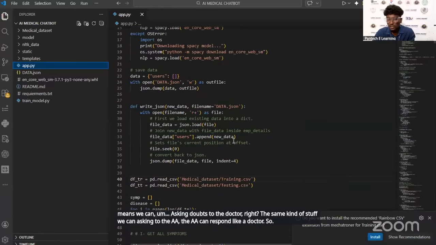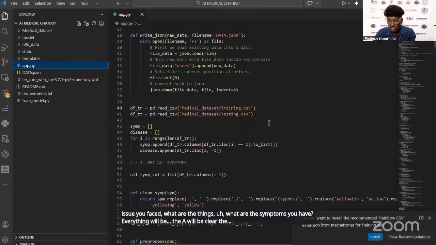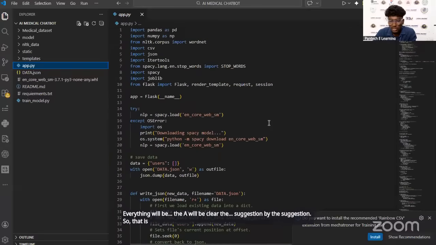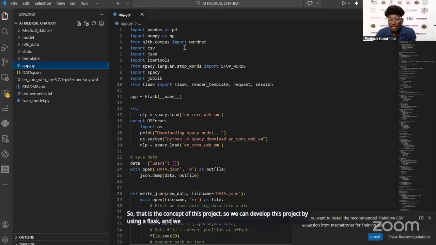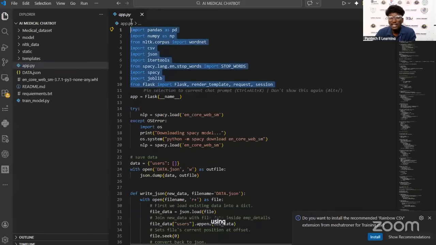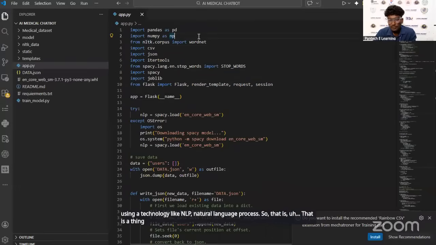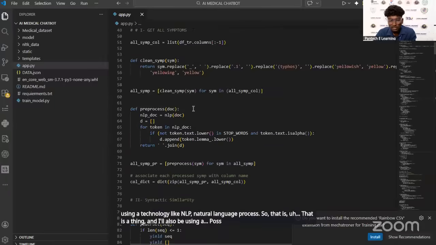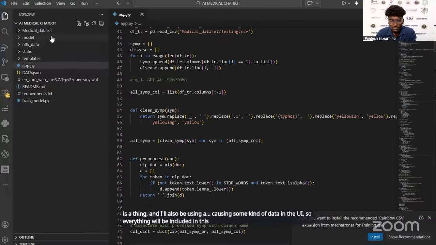What issue you faced, what symptoms you have, the AI gives suggestions. That is the concept of this project. We develop it using Flask and NLP, natural language processing, and also pass some data in the UI. Everything is included in this project.